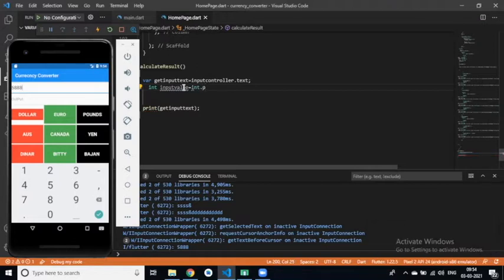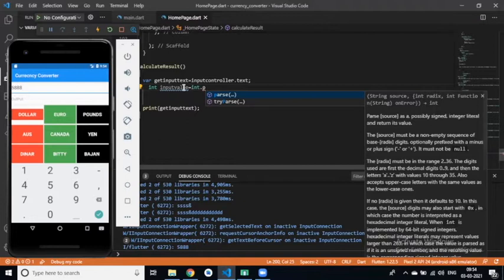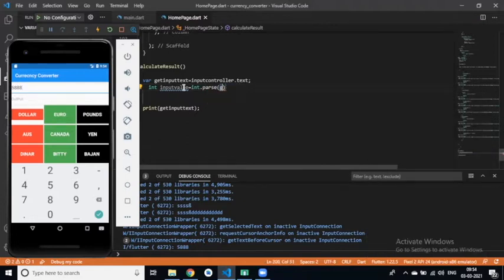Do you remember? Int dot parse then get input text, right?